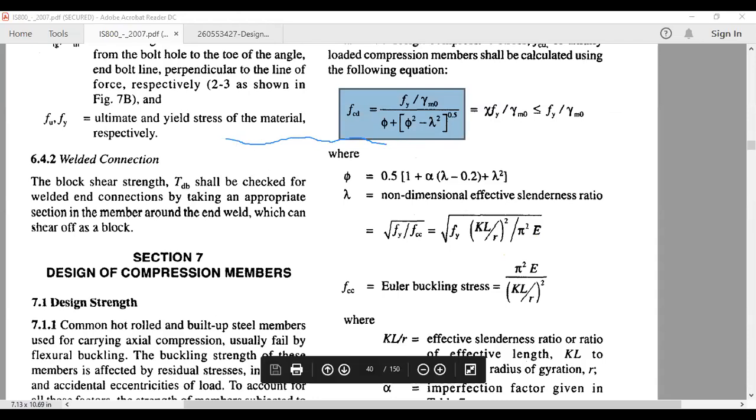Where we come across a double angle section, it is only the principal rafter and the bottom tie member. For these two members, it will be a concentrically loaded member. Calculate the radius of gyration for the double angle section placed back to back, then determine KL by r, the length from this connection to this connection. Using table 9C, find FCD and determine the strength. Whereas other members will be treated as loaded through one leg only.